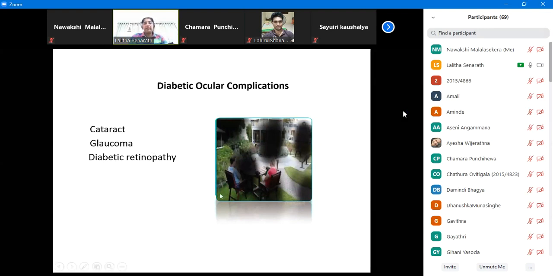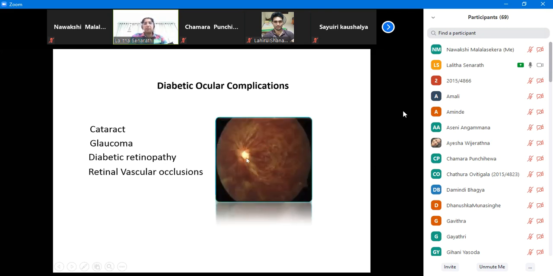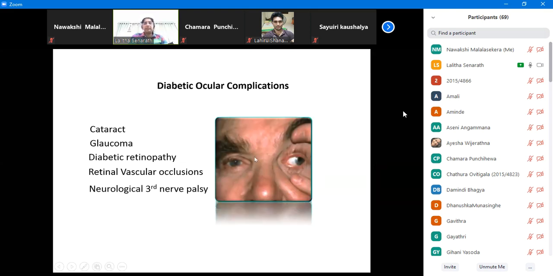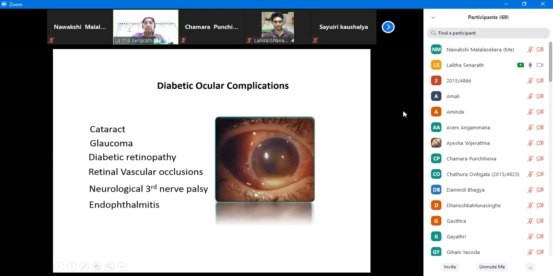Can you see? When you have diabetic retinopathy, there may be focal leaking of the blood vessels, exudates and retinal edema. You can't see some areas of your visual field. And retinal vascular occlusion, central retinal vein occlusion, can happen with a high risk in diabetic patients as well as hypertension. And then there are the neurological palsies, the third nerve, fourth nerve and sixth nerve palsies. All nerve palsies are common with diabetic disease, and also the eyes are at very high risk for endophthalmitis,